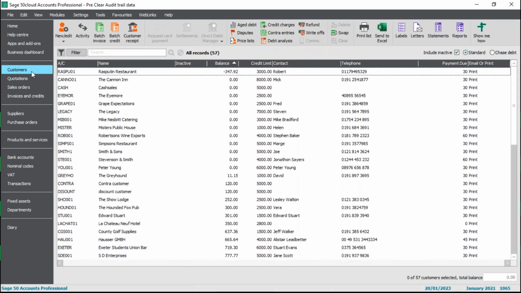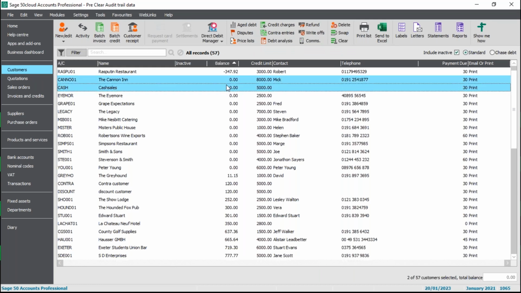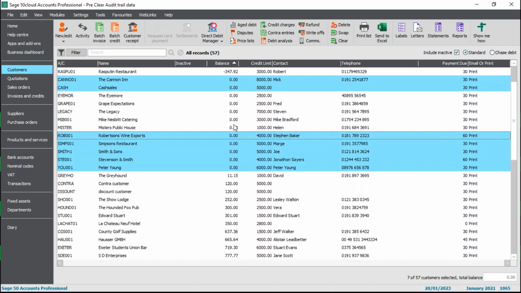So at the moment, what I've done in my customer list is I've actually sorted them in balance order. So the first thing to consider, again, is when we're deleting records, we have to meet certain criteria. It's a bit like the clear audit trail, criteria need to be met. The first one is that there is a zero balance. Now, as you can see here, I've got quite a few with a zero balance,